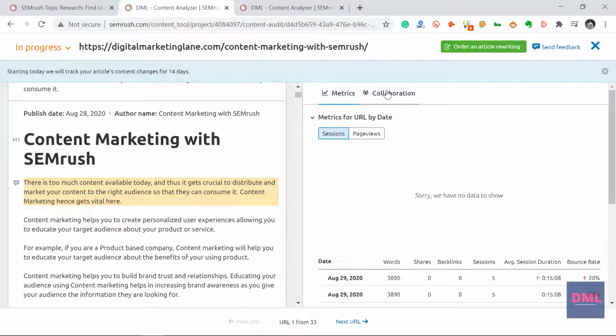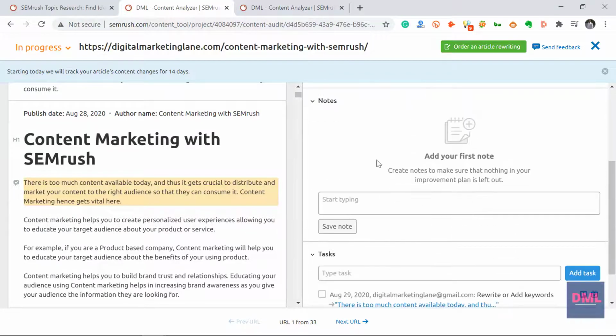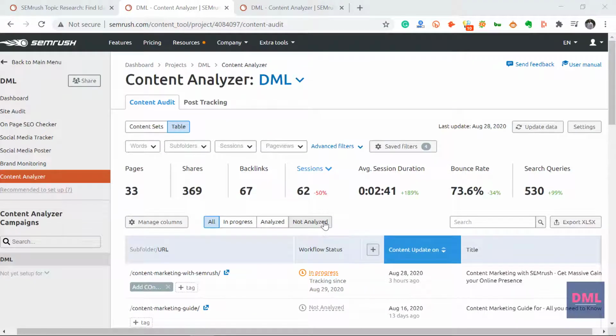and then you can also assign these tasks to different team members. For example, you come here to the collaboration tool, and you can invite your team members. You can add notes. You can assign tasks here. So guys, all I want to say is that with this one single tool you can perform multiple tasks. The content audit tool helps you perform an audit of your entire website from one single place, and it helps you identify the gaps that really matter for SEO. Best part, you can assign these tasks from this tool, all from one single source.